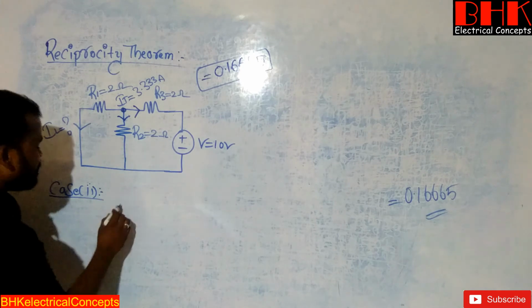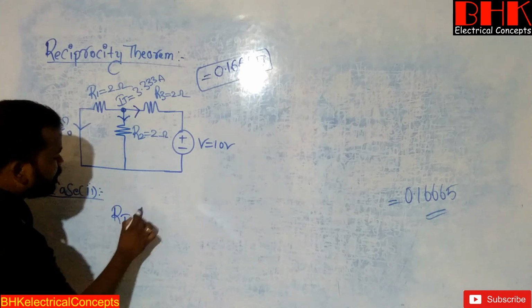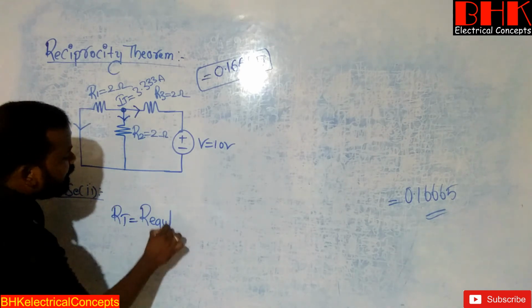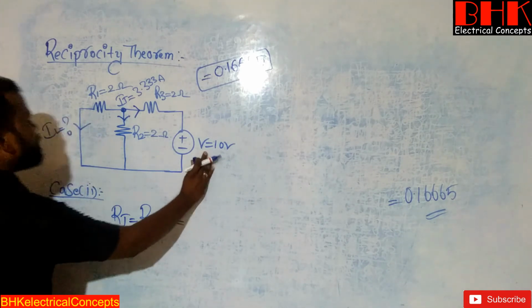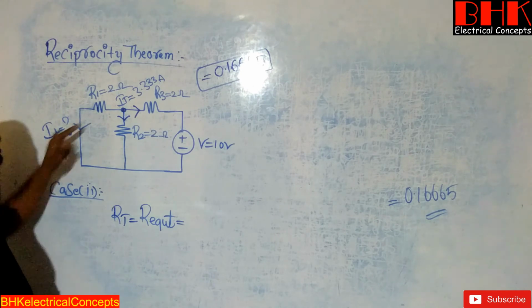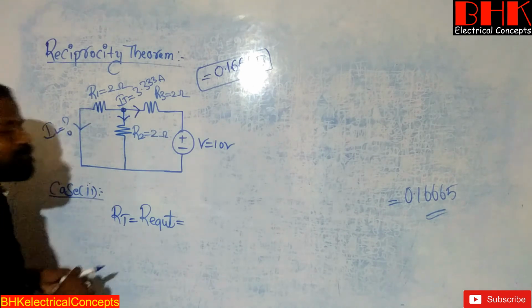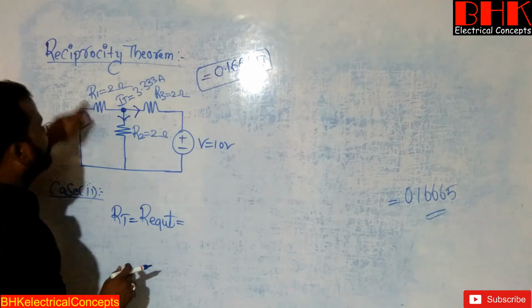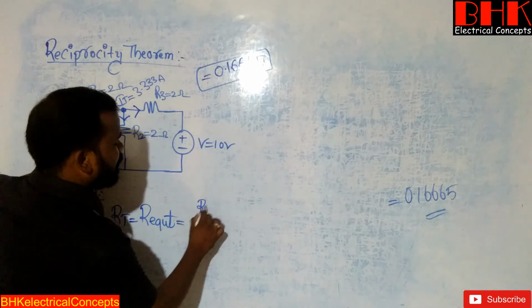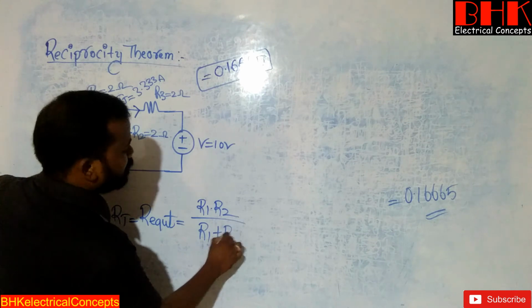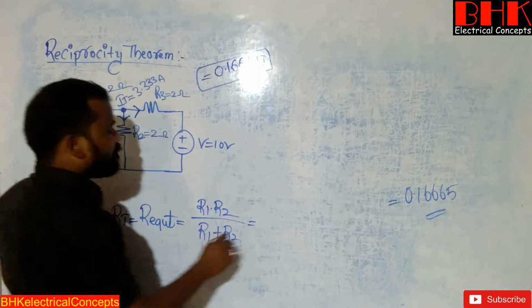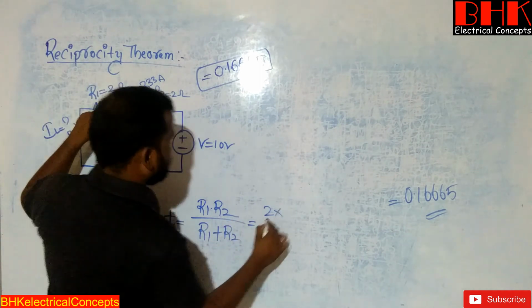So now go for the calculation. First, total resistance, or we can also call it equivalent resistance, that is equal to, now the source is connected on the right, so we always start from the left. Now R1, R2 both are connected in parallel. The resultant of these two resistances is R1 into R2, product of resistances divided by addition of resistances. Now R1 how much? 2. R2 how much?